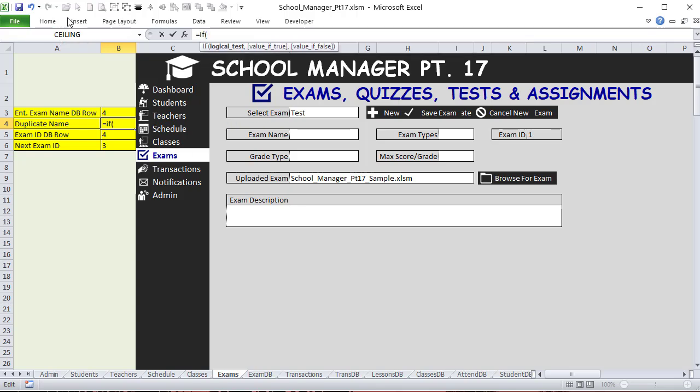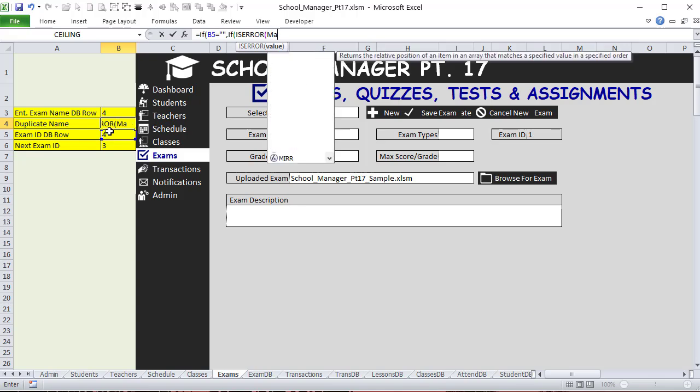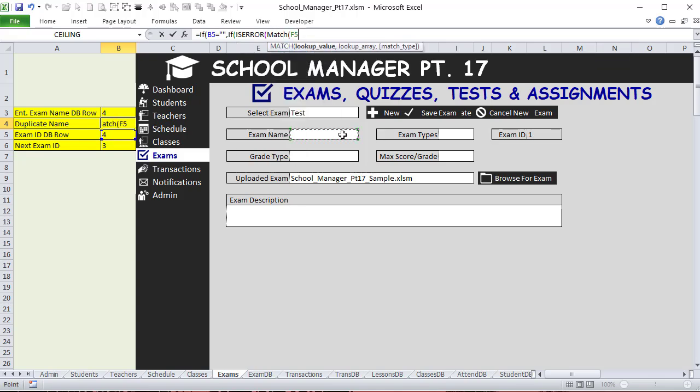Equals IF, in this case B5 equals empty, then we know it's a new one. In the new case, all I need to do is check to see if the exam name exists in the list, because it's brand new. We can do that with a simple MATCH. I'm going to wrap it around an ISERROR. So I'm going to run a match on this name, matching it against the exam names we just created, on an exact match. If that's an error, this particular match is equal to true,